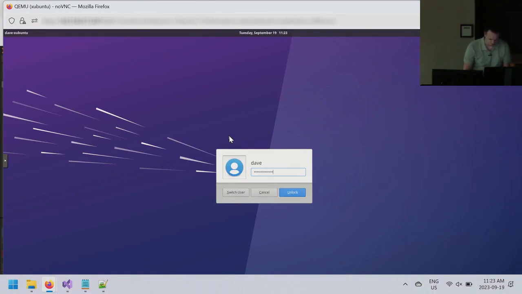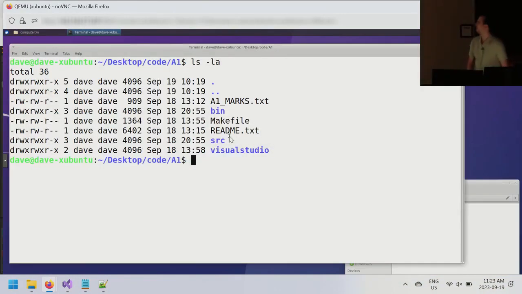So this is just a blank Linux VM that I have. Perfect. All right, so it works. This is on Linux, and this is what it's going to look like on Mac as well if you end up using the terminal. Here I've got the A1 marks file, the bin directory, the makefile, the readme.txt, the source, and the Visual Studio file. So if I type make,